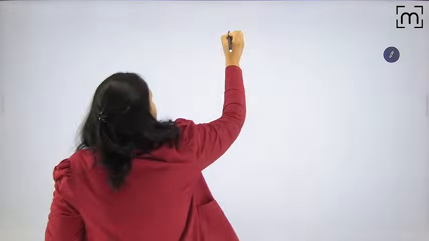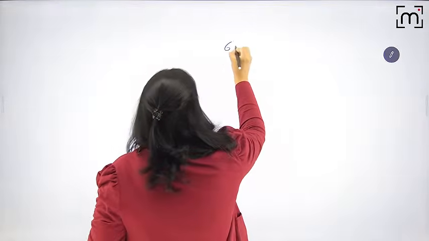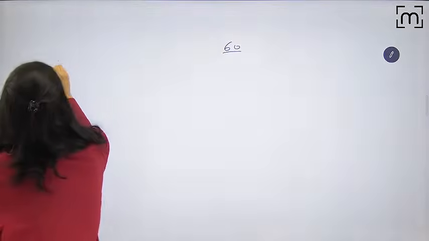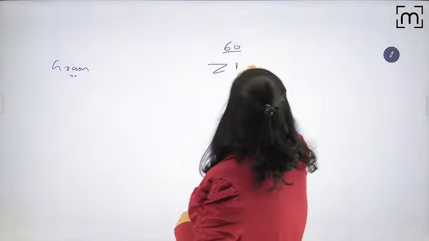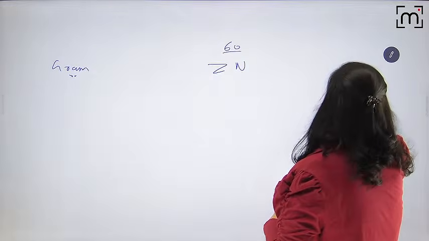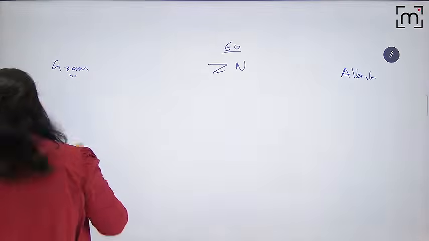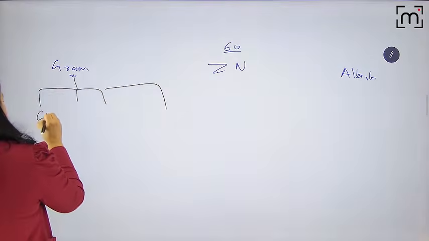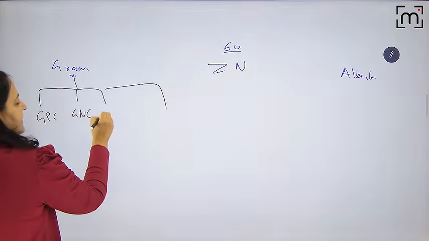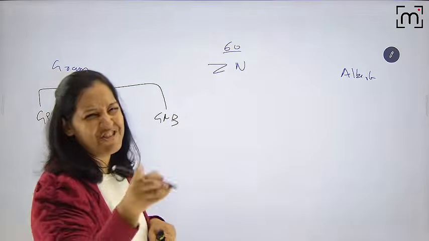Okay, classification of the total bacteria based on gram stain, based on ZN stain, and based on Albert stain. You just tell me that. Can you help me? Kindly please help me. So here we classify them in 4 categories. What are the 4 categories? GPC, GNC, GPB, GNB. Okay, because we are considering shape also, no?